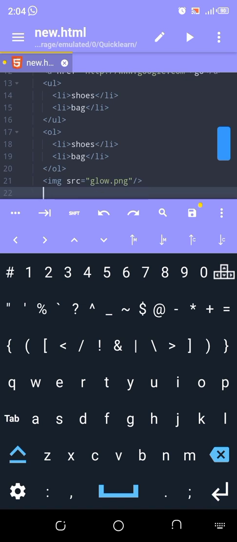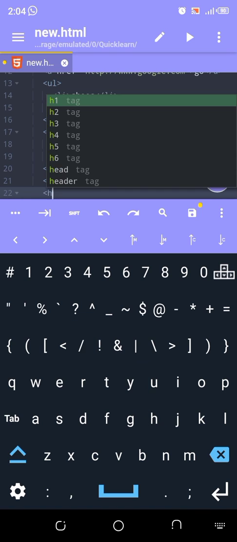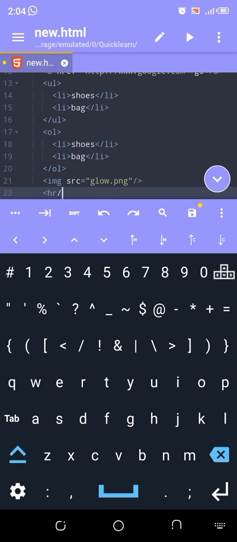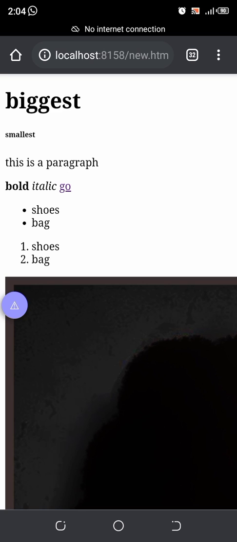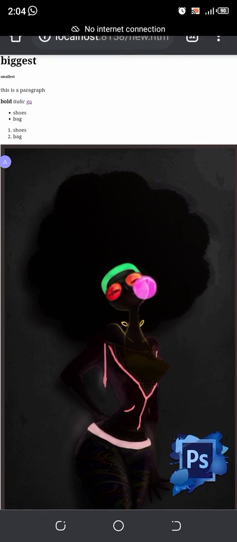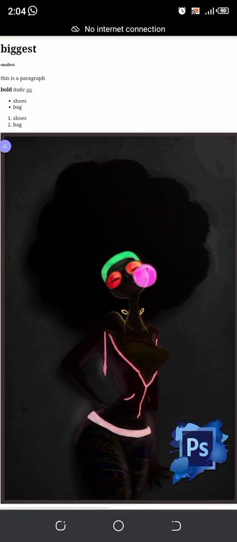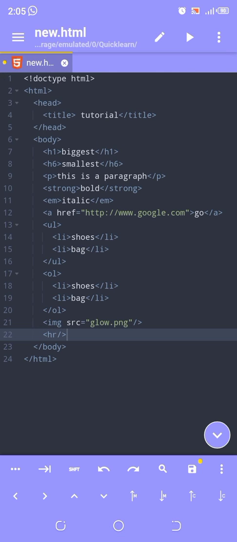Okay, let me just quickly do this. This is the way you draw horizontal lines. Sometimes when you check some websites, you just see some lines, right? Let me show you how they do that. So to do that, as usual, HR, then this, then this. This is how you draw your horizontal line. Let me check it. Yeah, you saw it, right? It's been blocked by the image, so you can't see it, but it created the horizontal line.